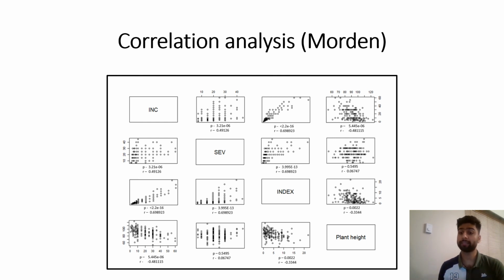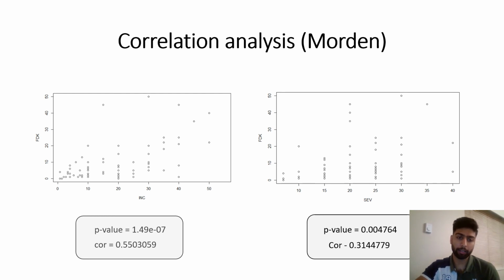But if you talk of severity, it's not significantly correlated with plant height, which makes sense, because the moment your pathogen makes contact with your plant, then the spread of that pathogen within the spike is independent of plant height. It's just a matter of whether your pathogen makes contact or not. If it has already made contact, then it doesn't matter what height your head or your spike is. The severity will be independent of the plant height. And then I did the measurement of FDKs, and incidence and FDK, and FDK and severity have a positive and significant correlation. The more the incidence, the more the severity, the more will be